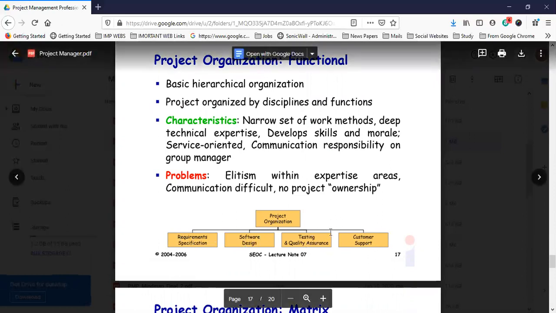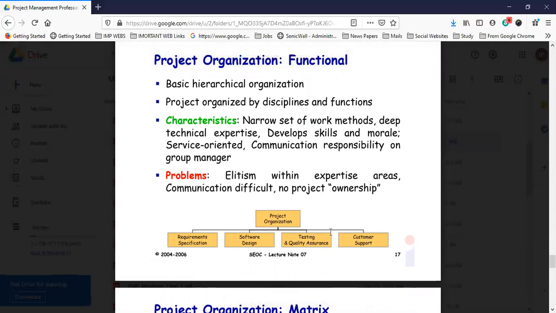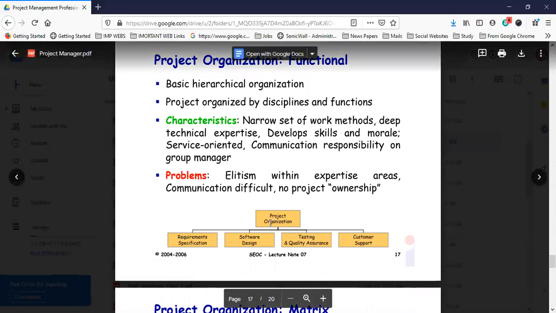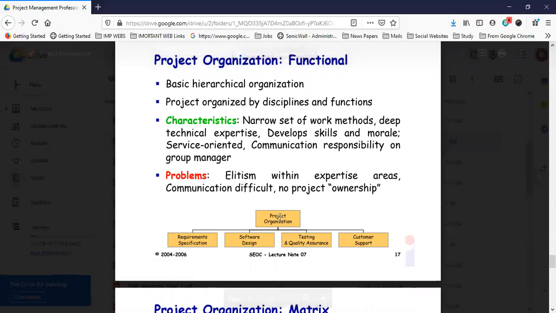So I'm just going to say that you have some project, say an automobile project, and first of all write down the project organization, okay. So if it's an automobile project, what are the requirement specifications in the automobile company, right? Where do you take the raw materials, what are the software requirements in the automobile company, how do you do testing of the different cars, and how will customer support work at the same time.